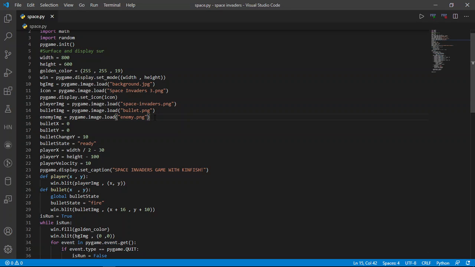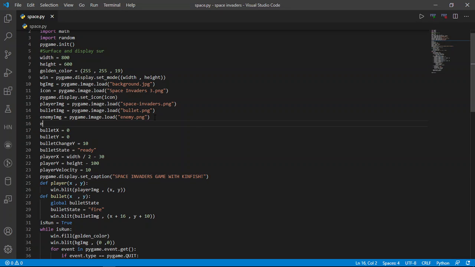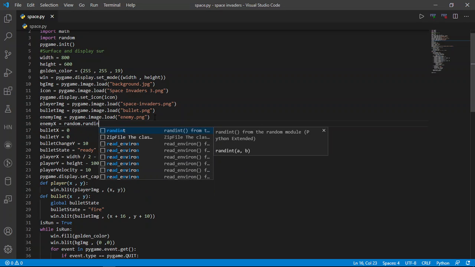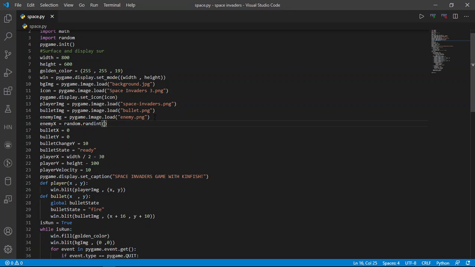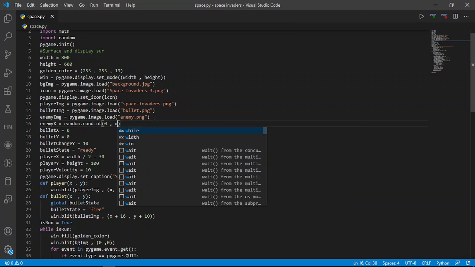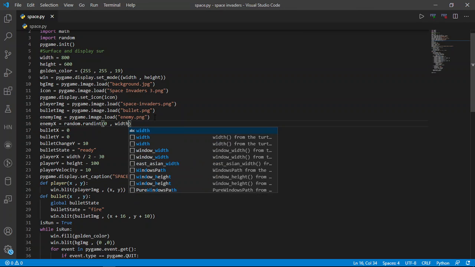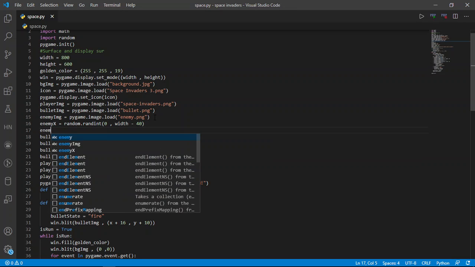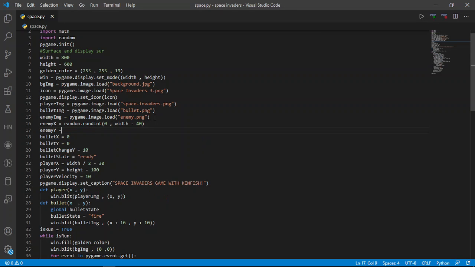Enemy x is going to be random.randint, random integer ከ0 for the x, from 0 up to the width, እስከ widthን ሴት ካደረግንበት ድረስ, ትንሽ እንቀንስለት ምክንያቱም it won't go off our screen. Enemy y we are going to set with random position dot